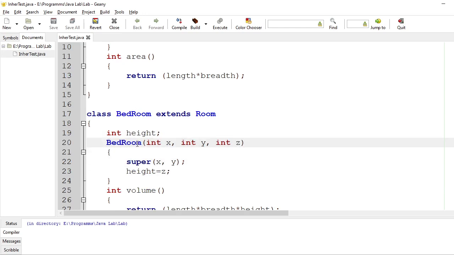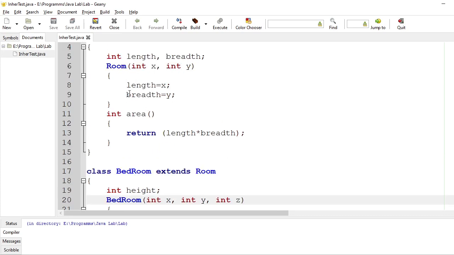Bedroom is a derived class, room is a base class. Now I have to pass 3 parameters for the bedroom. You may ask why I need 3 parameters, because I have only the height here. Remember, since the base class contains a constructor, there is no default constructor.